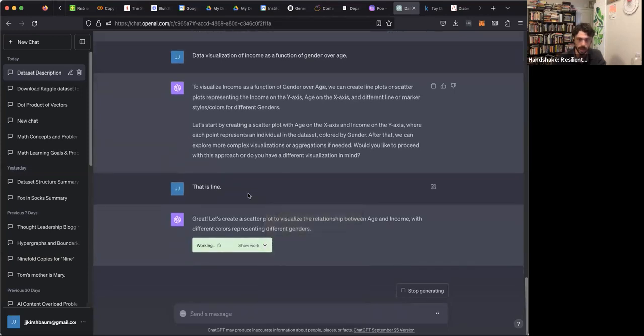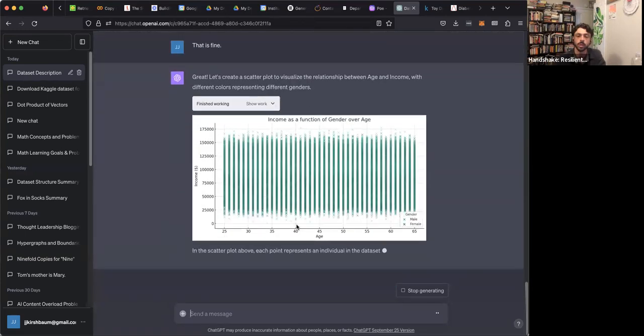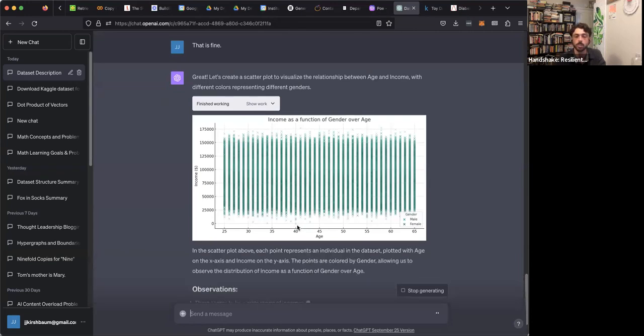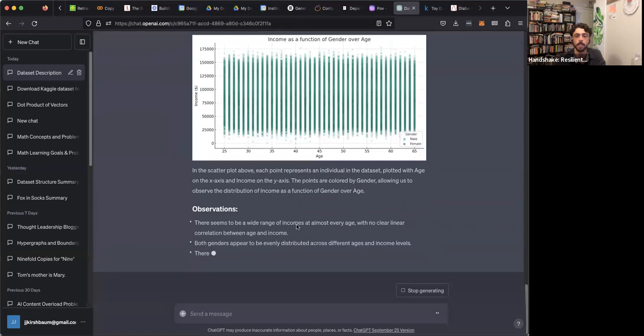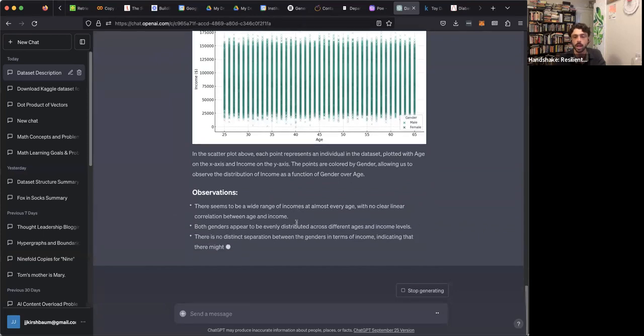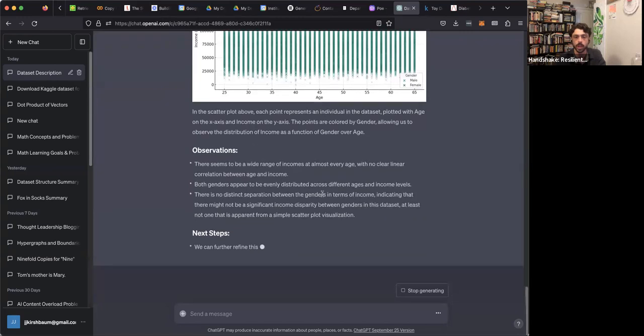And it's going to go ahead and represent the scatter plot. Cool. So it's represented as a scatter plot. It's represented all the data. Says that there's no correlation between age and income,